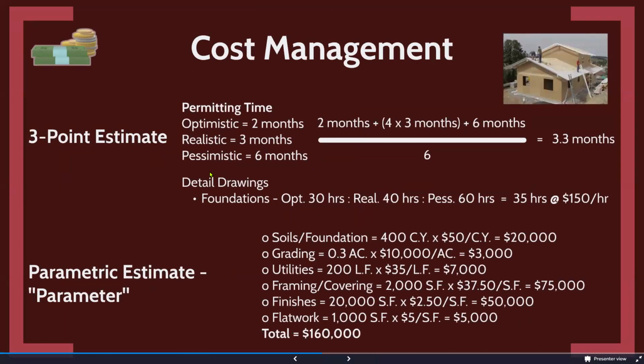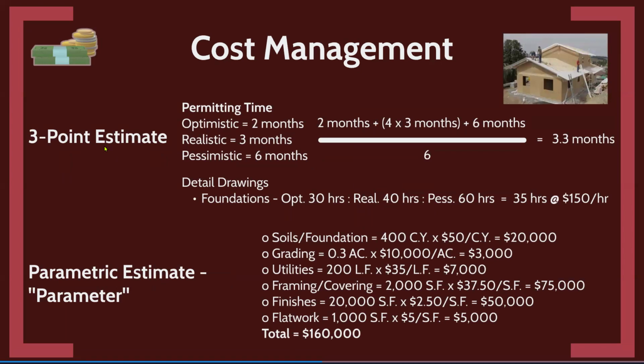You're building a bottom up estimate. Then you have the idea of 3-point estimating. And so 3-point is where you're not really sure. And so 3-point estimating is a great approach, actually, even more so for scheduling, to where you could look at, if you're trying to estimate how long your permitting time may take, in this analogy, we're using building a house, right? Could take 2 months on a bad side. It could take 6 months. Maybe somewhere in the middle, it's about 3 months. And so I think this is also called the PERT estimate. And so that's another way of estimating.